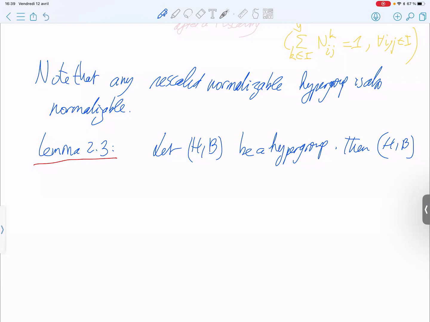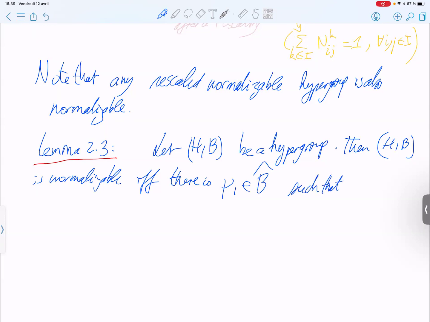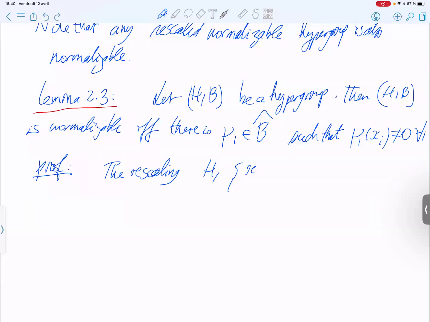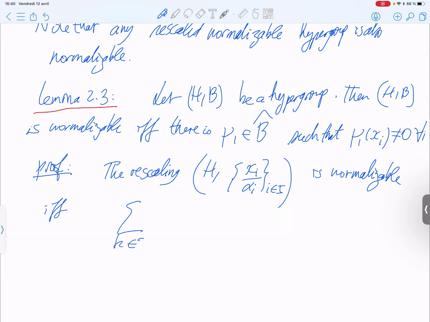So then HB is normalizable if and only if there is a character, an algebra morphism mu1 such that xi divided by alpha I, this rescaling, is normalizable if and only if the sum for k in I of the rescaled coefficient, as I mentioned before, nijk equals 1, if and only if